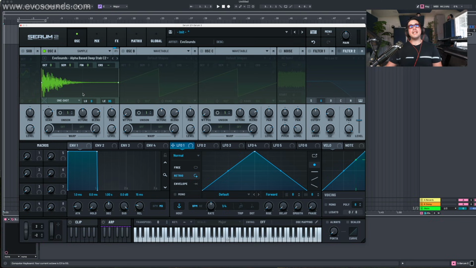There are a few more settings with the sample that we can use, and there's a couple more ways to mangle the sound. Okay, so the first thing we have here is a start. So we can choose where we start the sample at. Sometimes this is useful because the beginning part doesn't sound as good or smooth as these parts, okay? The next thing is we have the end point. So if I'm not looping the sample,